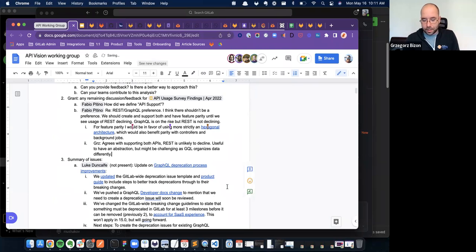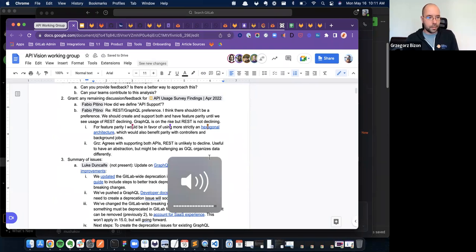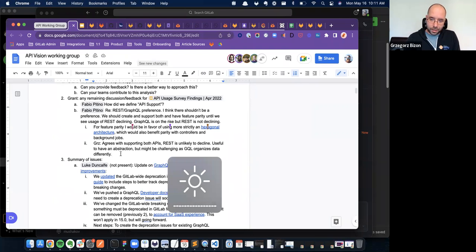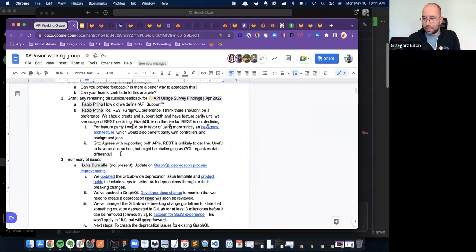I think that REST API is usually going to be much more efficient in terms of fetching data from our database. So if we use abstraction, it might actually be a bit slower. There might be an overhead to that abstraction. If we need to align how we retrieve data from the database, for GraphQL it will probably work fine. But for REST it might be slower, because for both APIs we will need to find the least common denominator, right? In the case of GraphQL, we will need a more elaborate method of retrieving data from our database, while for REST it's just select from, and it's as simple as that.